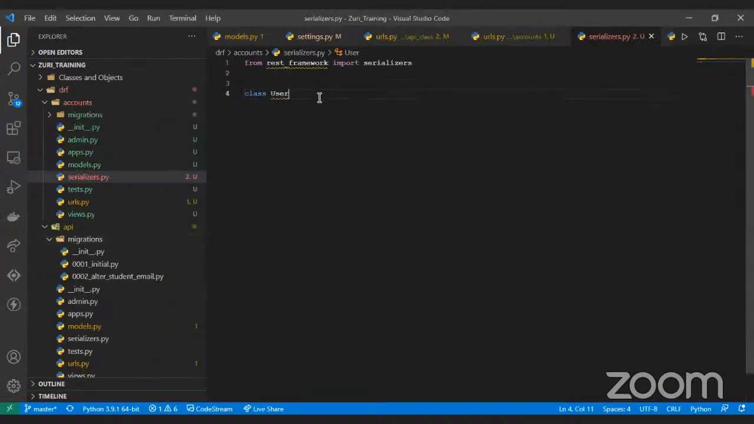Okay, yeah, great. So, user serializer. This can be anything, right? You can name this anything you want it to be. Then serializers.ModelSerializer, right? So, and then we serialize our fields,